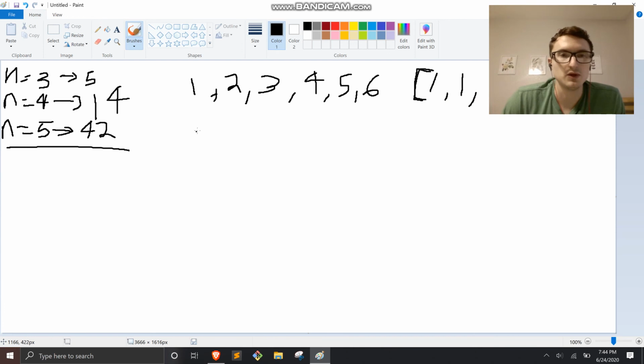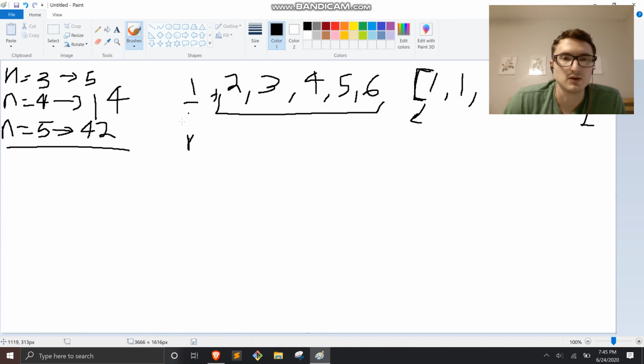So that's our array. So what we could do is say when we start at the 1, we can form this, right? This is 1, 2, 3, 4, 5. So that's 5 values, and we know when we have 5 consecutive values like this, we can form 42 BSTs. So what we're doing is taking the 0 index and the first index. So we say how many trees can we form from the left subtree? Well, there are 0 nodes over here, so this is the 0 index. So we'll take some type of matrix or array, and we'll take the 0